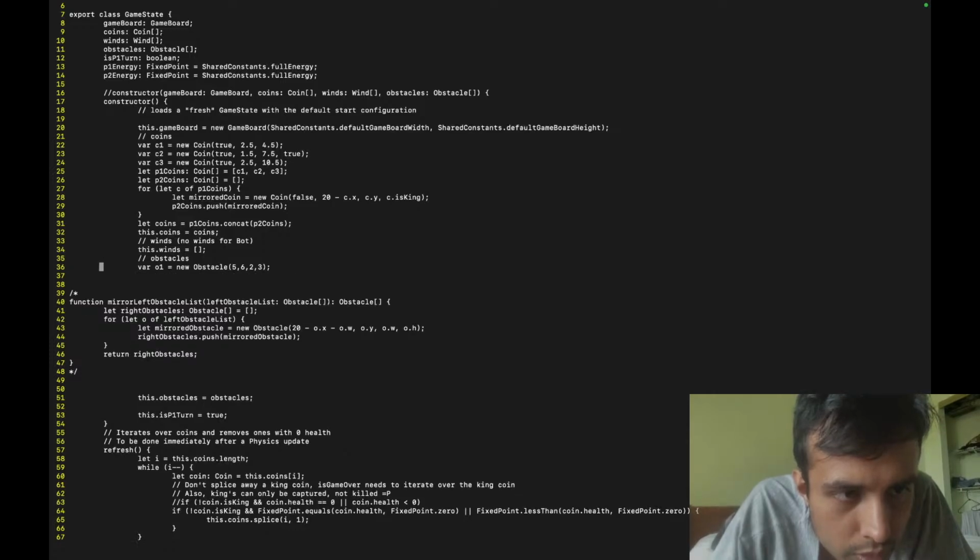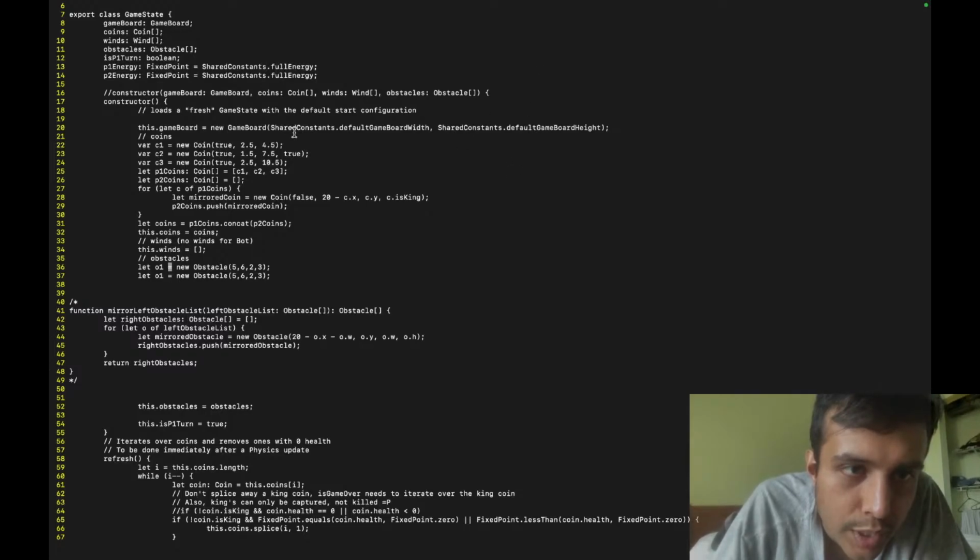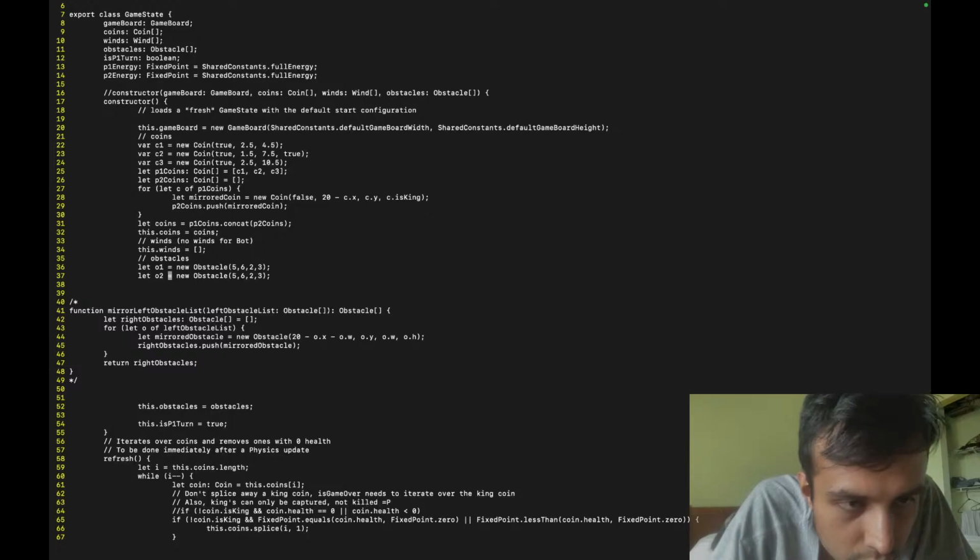Actually, this is pretty dumb. Just do a, yeah, let obstacle 2, let O2 equals 2. Sorry about that. Let's just manually do it. It's only one. We don't have to do it for 3, right? We can just manually do it, right? O2 equals new obstacle for